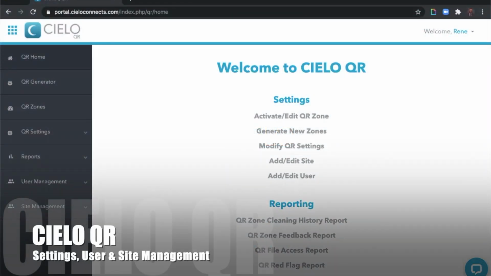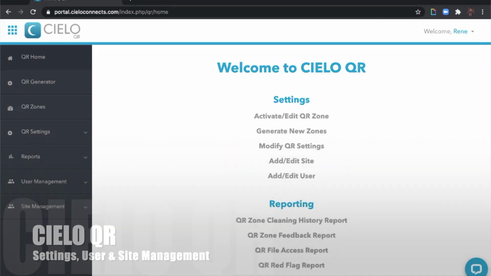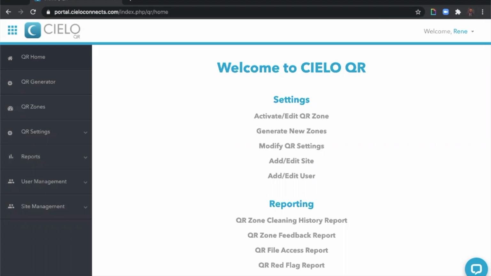Welcome to CIELO QR. To first log into CIELO QR from your web browser, navigate to portal.cieloconnects.com. You'll be prompted to log in with your email address and password combo. If you do not have an email address and password combination to access this portal, please contact customer success at